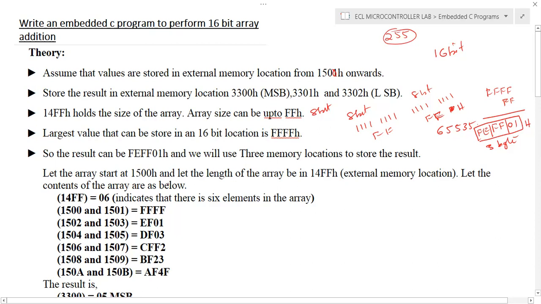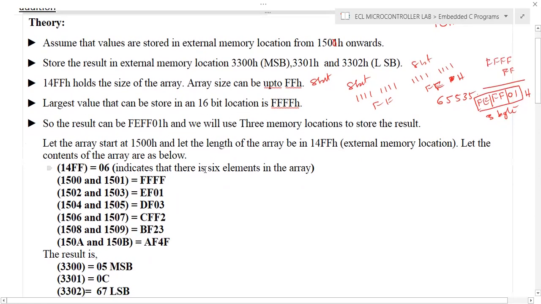Now we'll see one example. Assume that the count value is stored in external memory location 14FF. In this particular example, assume that it is a single byte location, stored with 06. And from 1500H onwards, we are storing the 16-bit values. In order to store the first number, we require 2 locations. For the second number, again, we require 2 locations.